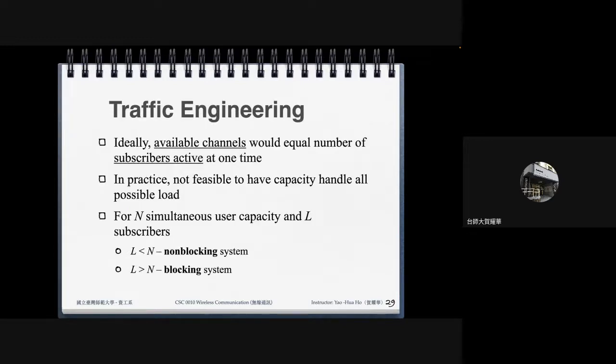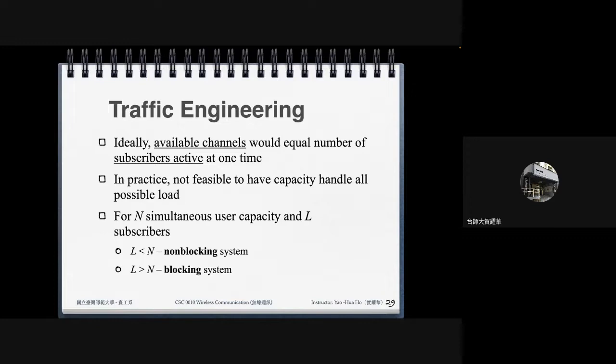Now, besides the power control, the next thing we talk about is traffic engineering. Ideally, in a specific system, the number of available channels would equal the number of active subscribers at one time. But in practice, it's not feasible to have a capacity that handles all the possible load. So if I have an N simultaneous user capacity and L subscribers,